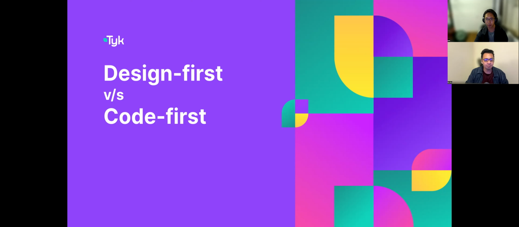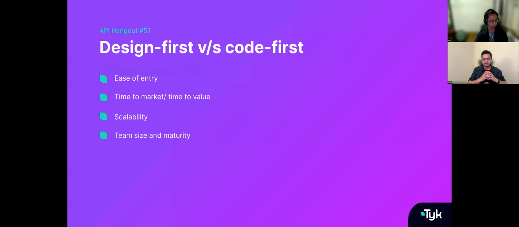If you have to really compare the two, which again, there's no right or wrong answer necessarily in this case, it really depends on what your needs are. There are 4 lenses that you can potentially look through to come to a conclusion in this case. So I thought I'll list those down as opposed to just doing a 2-column comparison between design first and code first. So the first metric to measure across is the ease of entry.